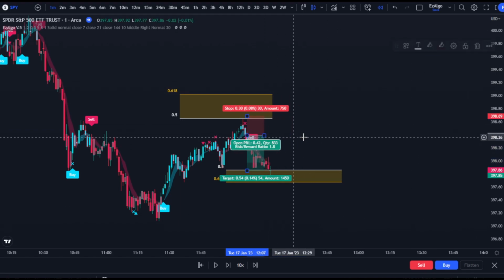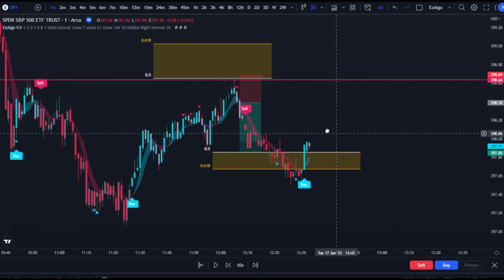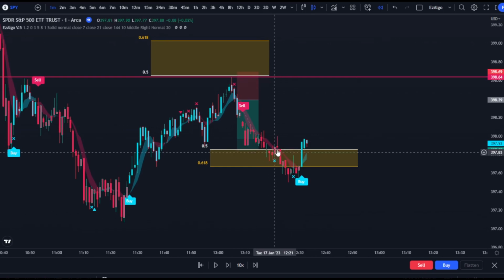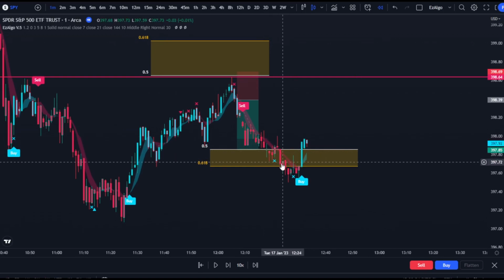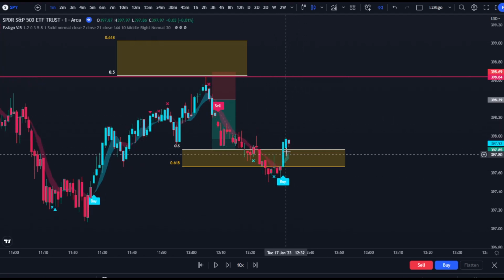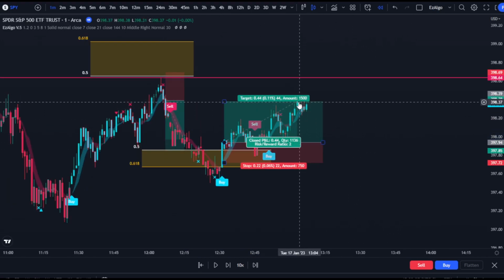So we can look for long positions from this zone with a buy signal coming out of it. And there we have our buy signal on Easy Algo. Now we did get a mild buy signal here coming out of the zone, which could have been your basis for entry and you would have got stopped out on that trade. But for the most confirmation, we're going to wait for these buy signals here on Easy Algo, right? And you'd probably get out right around here because we have an Easy Algo mild sell signal